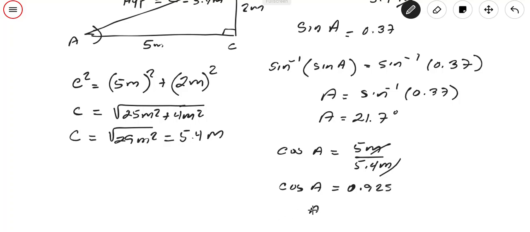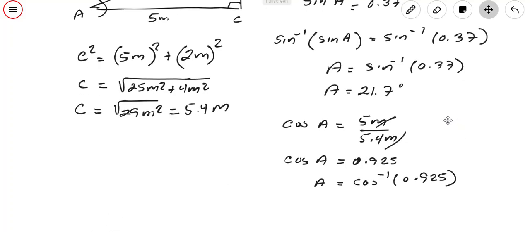So if I find A here using the inverse function, it would be cosine inverse of 0.925. And I have to get exactly the same angle, right? Because you have the same angle regardless of what function you use to find that angle. So if I say cosine inverse of 0.925,